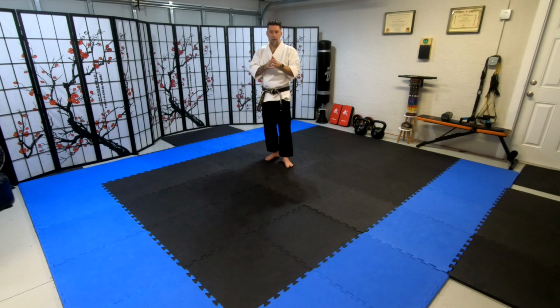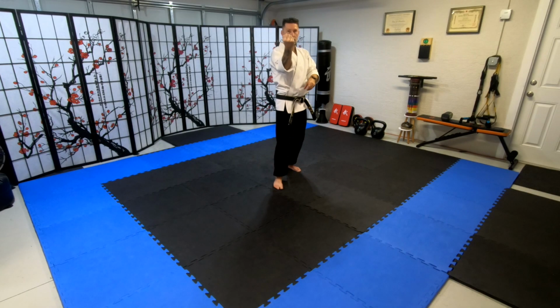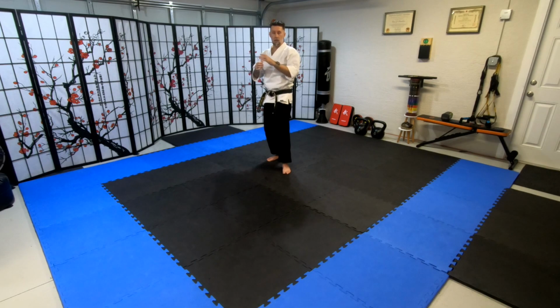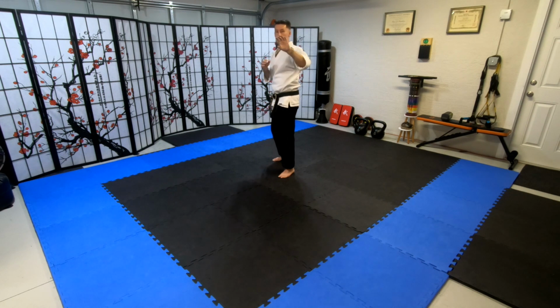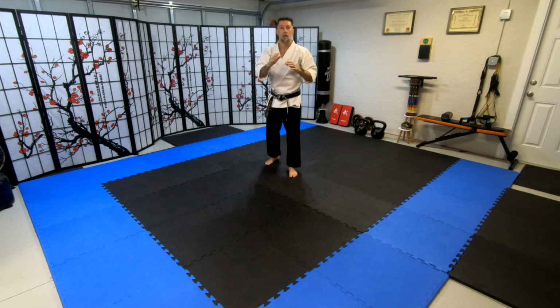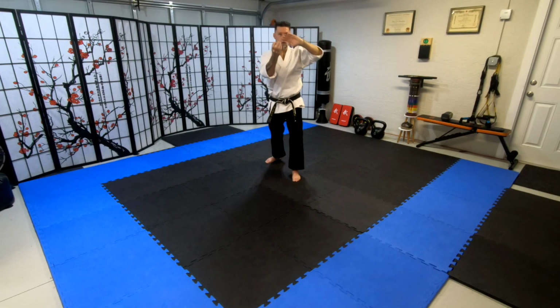Imagine that one attacker. You're starting with your fan, deflection, strike, all right? That doesn't take them down, so then they come in with a punch and you deflect it and you strike and you strike. You step back again. Now they come with this other. You grab it, you kick, elbow strike. They're still not done. You're still coming this direction, so they decide to kick. You strike, strike, kick,